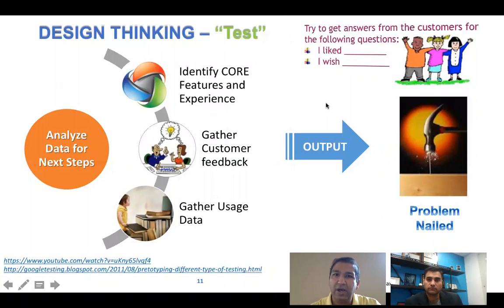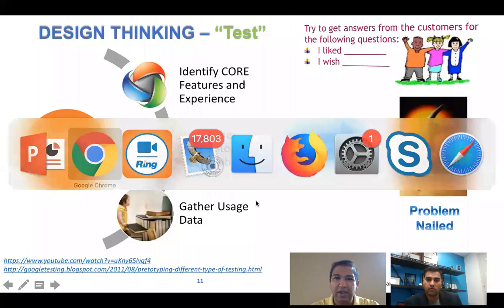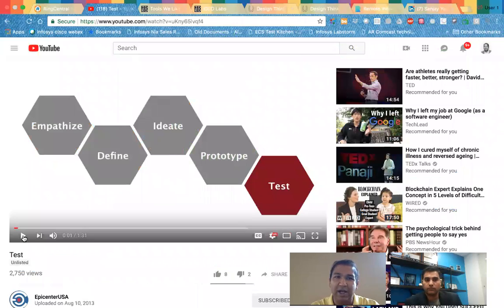Okay, guys, so we were looking at the testing approach, pretotyping or prototyping and testing, and I'd like to show you a quick video to explain that concept. This is the same thing from the D Labs. We are going to see a quick short video.